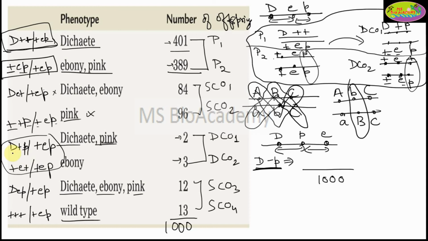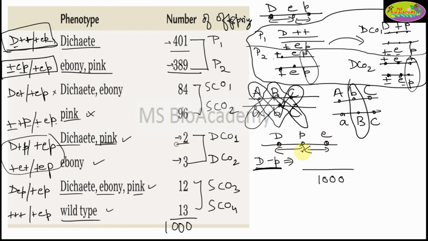Then the next one is D P plus, P, D plus P. Yes, so we are going to take this one. This is our recombinant one. Then plus P, plus P. Yes, so this is again our recombinant one. Then again here just see D, P and plus P. Yes, this is again our recombinant form, and again here this will be our recombinant form. So four recombinant forms we have got.